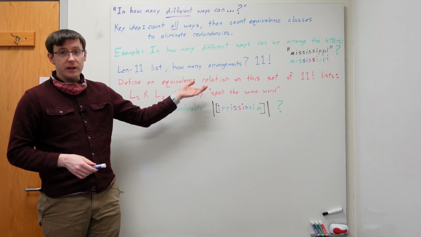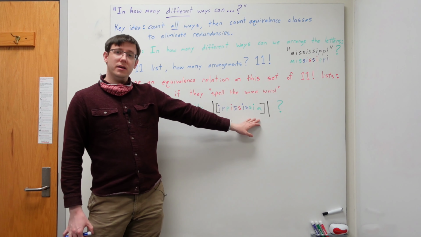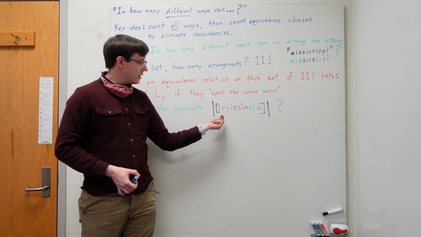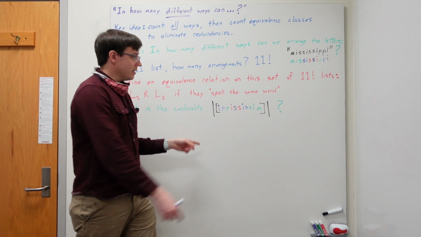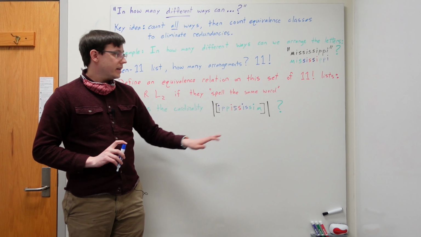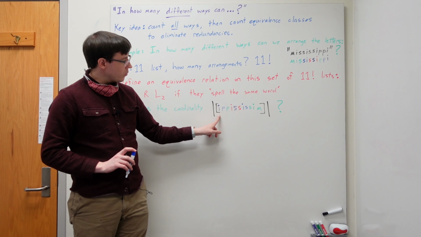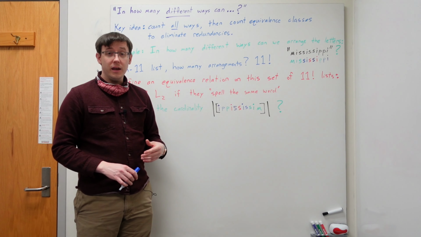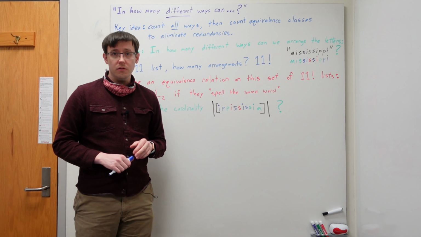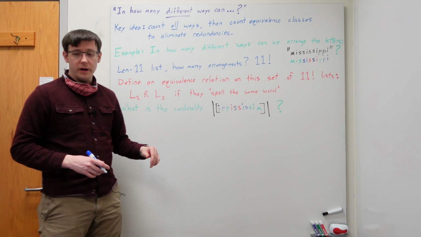So with this equivalence relation defined, we can think about the equivalence classes of any given list of letters. So the square brackets here indicate the equivalence class of this list, and we're asking what is the size of that equivalence class. Well, we could get a list that is equivalent to this one by swapping the two P's, or by rearranging the four I's in any possible order, and similarly rearranging the four S's. So we can think about the total number of rearrangements that are equivalent to this one as